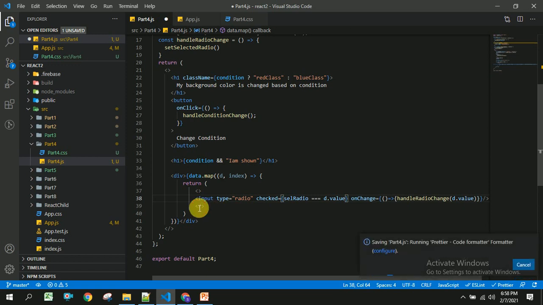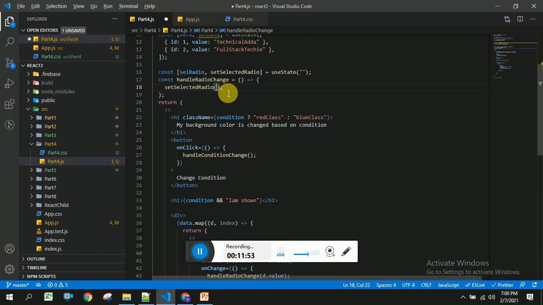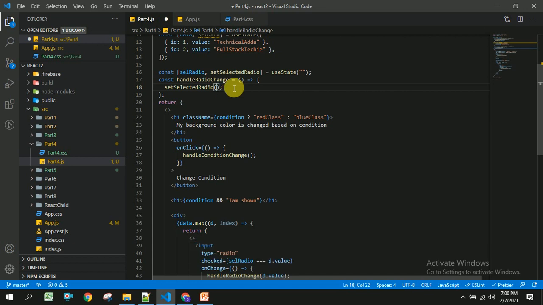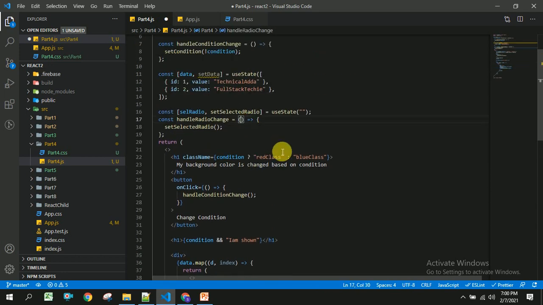And to display the text, I am going to write d.value, and here I am sending the data or value, so I am going to take this value and set the selected value.